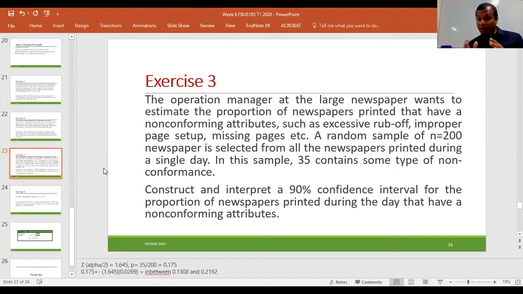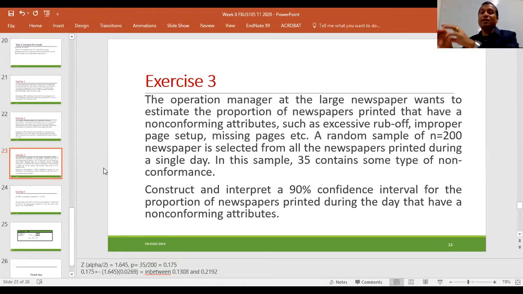See, this is the application of this sort of sum in practical life, and this is a real situation. This is how this sort of analysis, inferential statistics, helps the manager to take a decision. They said something about the population proportion, but no data is given, because it is unknown. How can an operation manager take population data when every day millions of pages or booklets are being prepared? I can't take it as a whole.